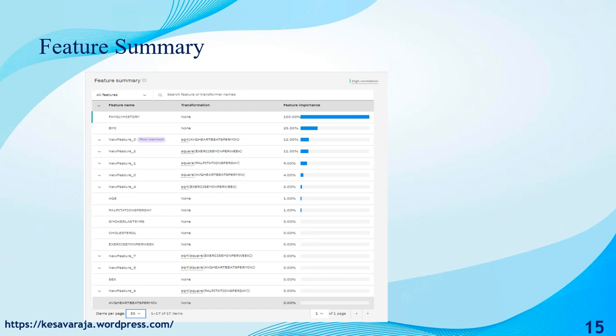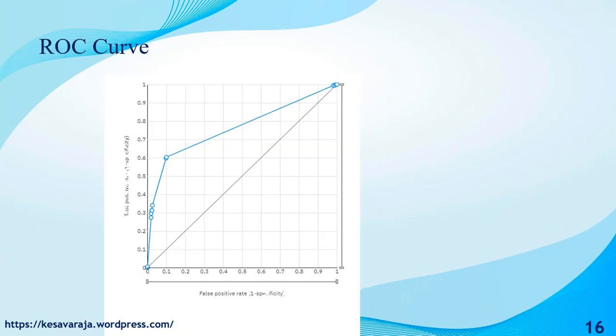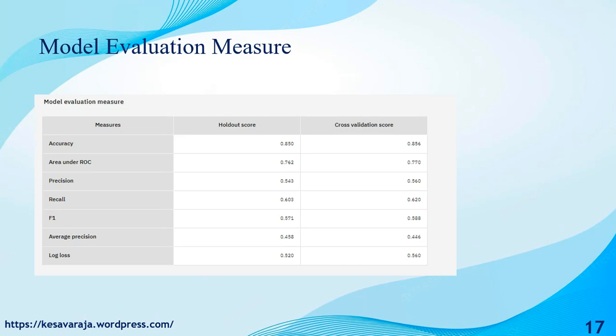All those features were tested, and a feature summary was created. The feature summary is listed here. Then feature importance: family history plays a vital role, BMI also plays a second role, and some other factors. All those factors play a role. This is the feature importance based on summary. The proper ROC curve, sensitivity and specificity are automatically generated by AutoAI.